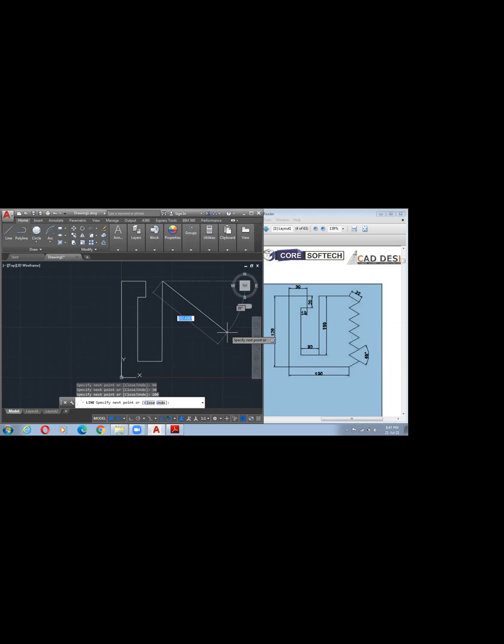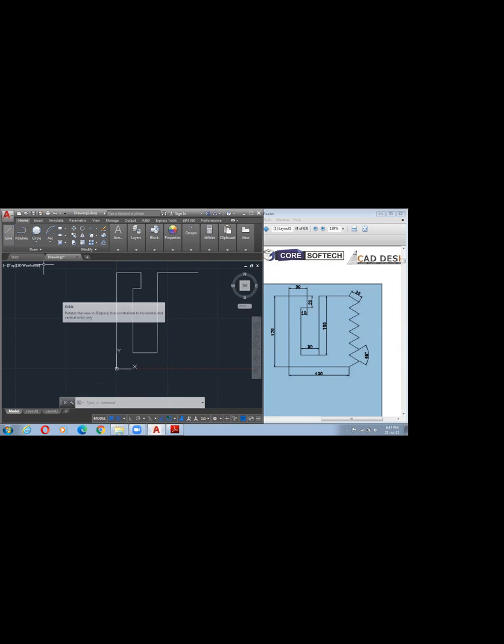Let us see, better let us select enter, and from the bottom let us come from 30 to 30 plus 30, 60, minus 10, 50. From here to here the remaining will be 50. Again just select enter, you will get the last command. Select this first point, and from here to here 50, enter, again enter. Because from here to this end it is 30, here to here 30, 30 plus 30, 60, 60 minus 10, 50, the remaining will be 50 due to 100. Now again from here to here provide 100, enter, again enter.